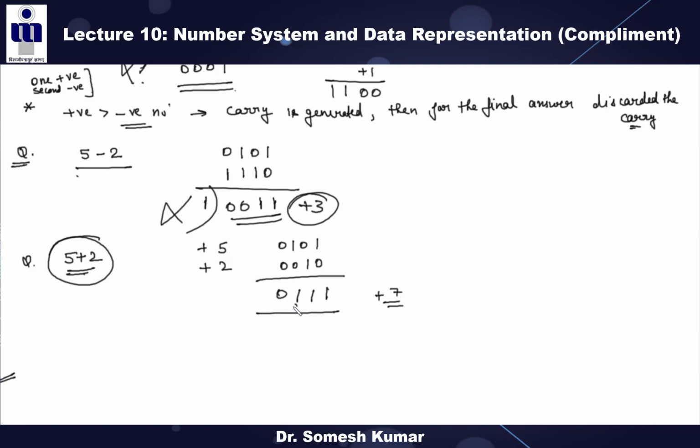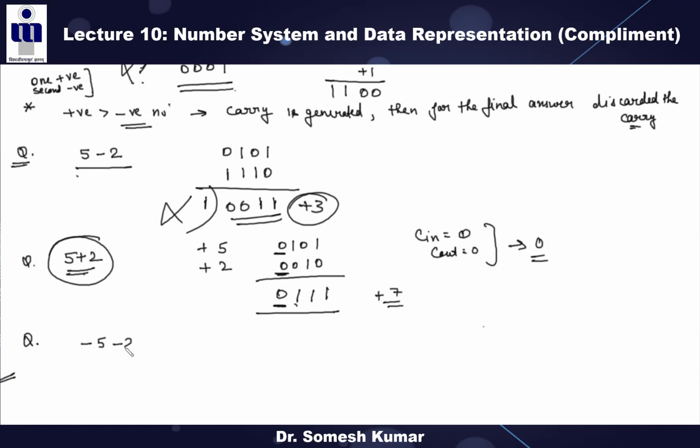But what do we see in this case? What is C out in this case? C out is 0, so there is no overflow. In other words, the sign of this is 0, the sign of this is 0, and the sign of the answer is also 0. Clear? So there is no overflow. The second statement is: if both numbers are positive, then the answer is this. So now we can take some more examples.